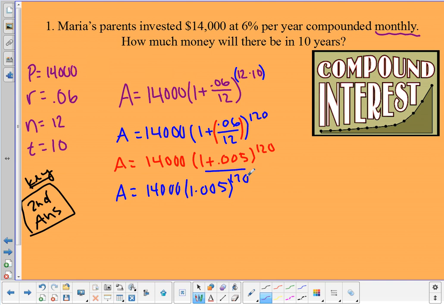So again, I'm not clearing my calculator. Don't clear your calculator. Leave that 1.005 on your screen. Hit the caret key and do the 120th power. So then you want a little caret key, 120th power. And you get 1.81939, and it keeps going on and on and on forever. Don't hit clear. Do not clear your calculator. Leave that decimal in there because now all you need to do is hit times and type in the 14,000. And I end up here with, so this was multiplication right there. I end up here with